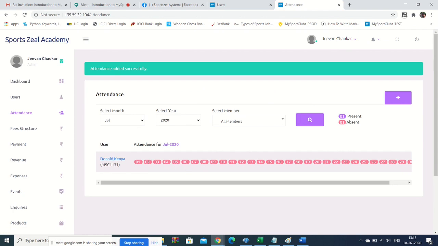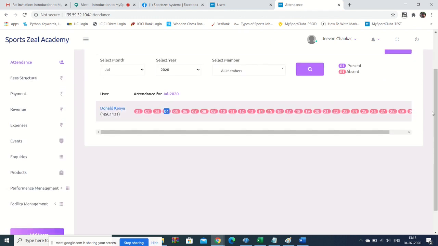Actually, there is a little bit of a problem. The 4th of July should change color, but it is not showing that. But yeah, that's fine. We'll fix that. It should show a different color on this day once your attendance is marked. Right now there is something wrong here, so it is not showing that way, but it will show. Okay, so yeah, but it is there.